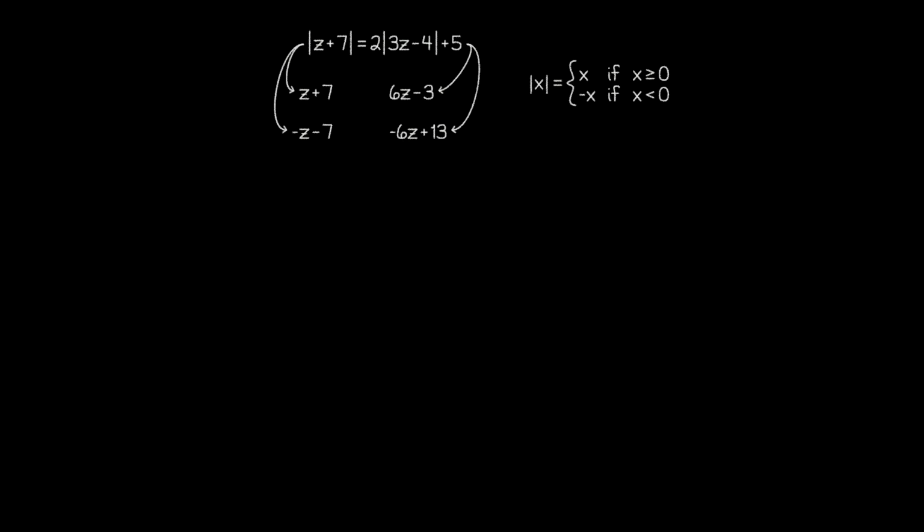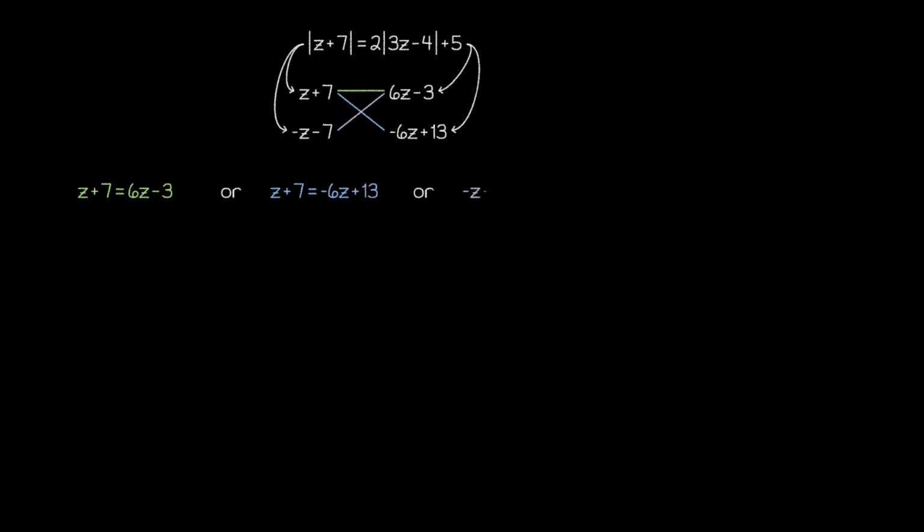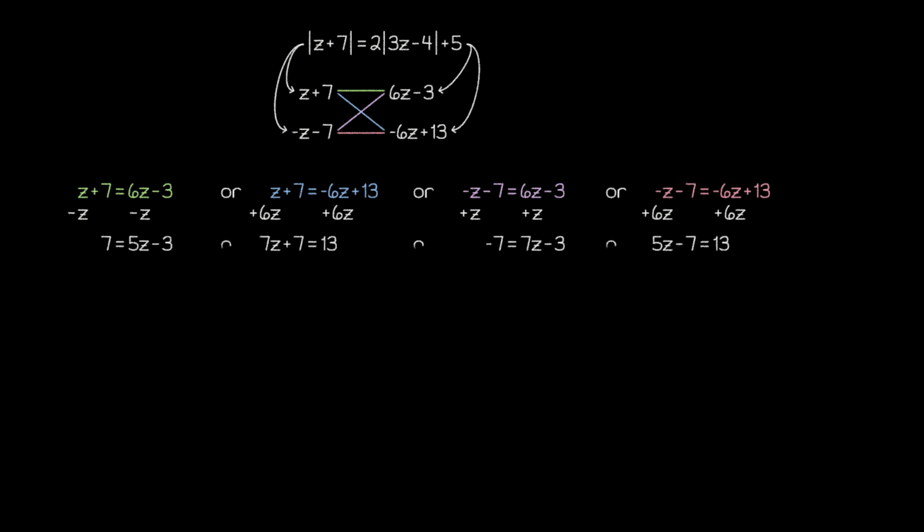Once we've established these conditions, there are 4 cases that can arise in this situation to potentially give us solutions to our equation. We could have the first option on the left side of the equation be equal to the first option on the right side of the equation. Or we could have the first option on the left be equal to the second option on the right. Similarly, we could have the second option on the left be equal to either the first or second option on the right. Altogether, this gives us 4 linear equations that we can solve to find our solutions. So let's go ahead and solve each of them.